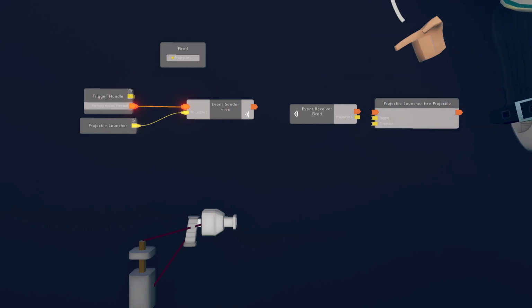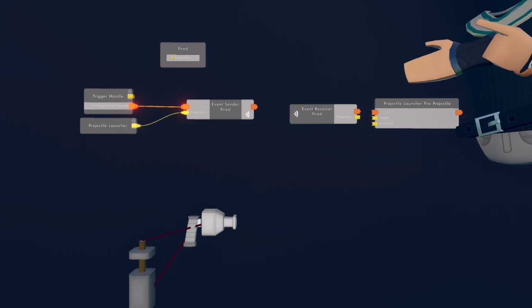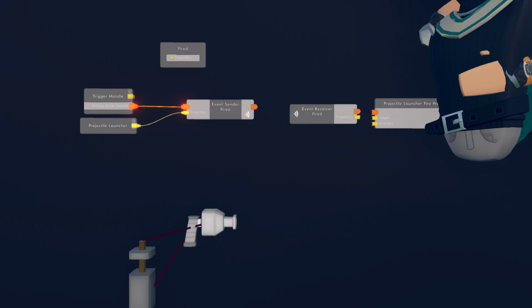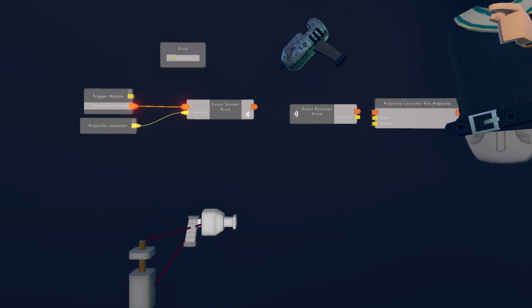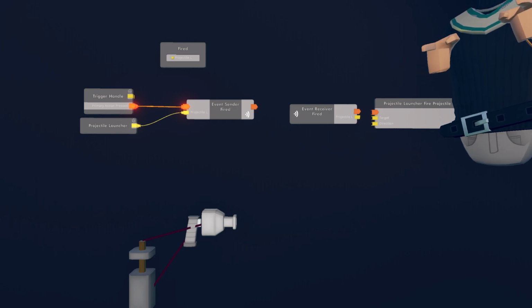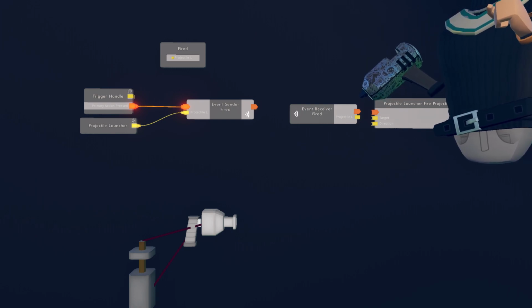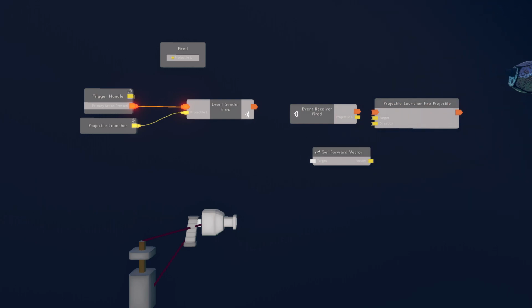Instead we can just get the forward vector, which is just, you have your red, your green, and blue. Your blue arrow there is your forward vector. So let me just get forward vector of our projectile launcher that we identified over there. That's just the vector chip.